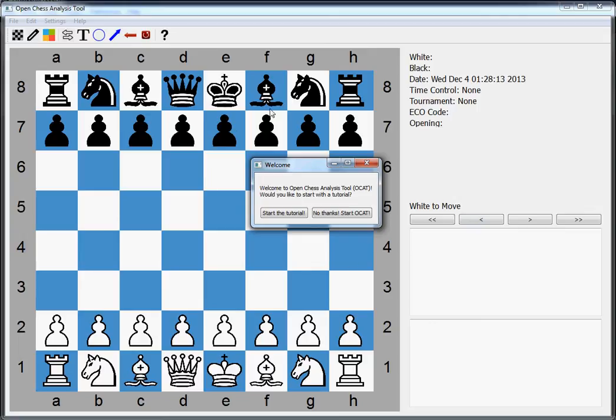So instead of basically walking through all the features of my program, I'll just do a little tutorial, and hopefully that'll highlight some of the capabilities of the software application that I built. So to start off,